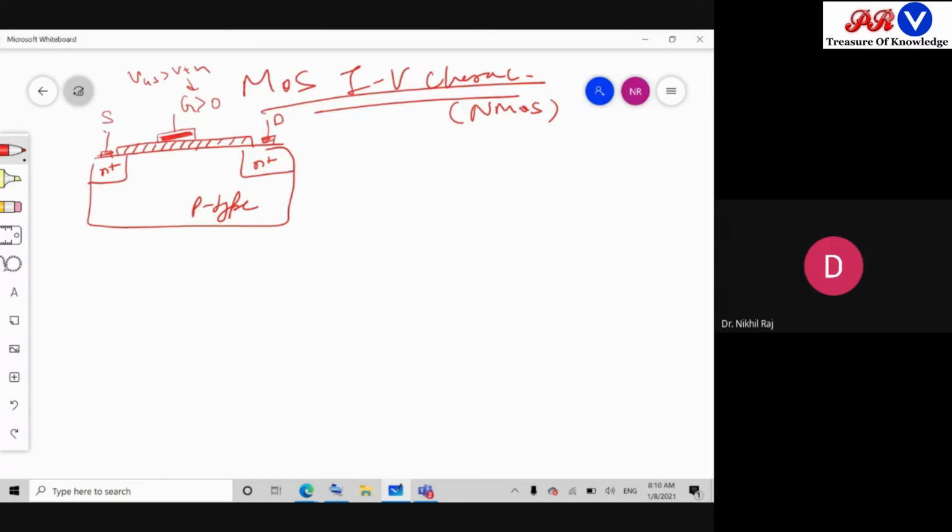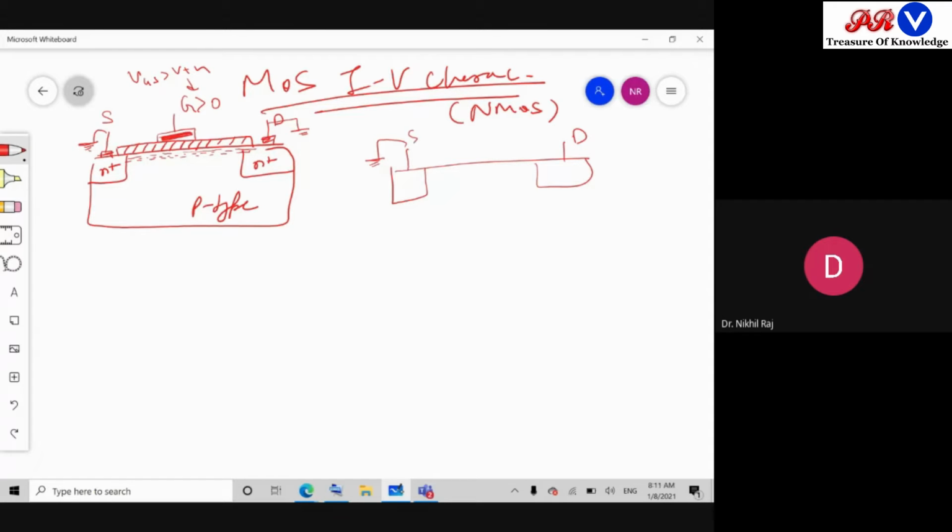Vth voltage, when source is grounded, and let's say drain is also grounded, so what will happen? A channel will be formed at this region. So let's say an inversion has happened and the channel has been created, but still there will be no current flowing because the potential difference between the drain and source is 0. No current will flow. So in order for the flow of current, what will be done? We'll apply some potential at the drain end.